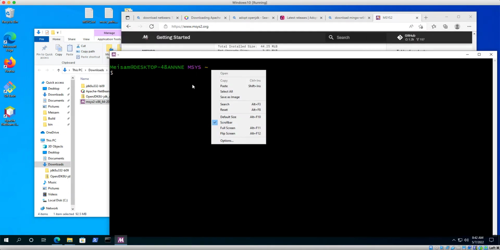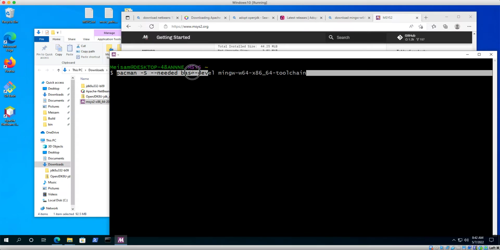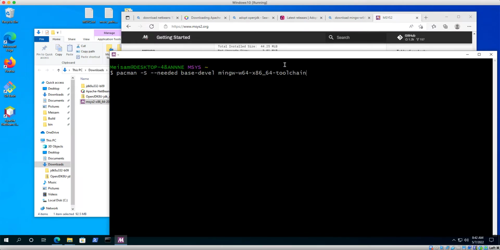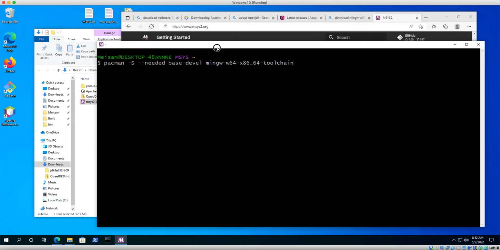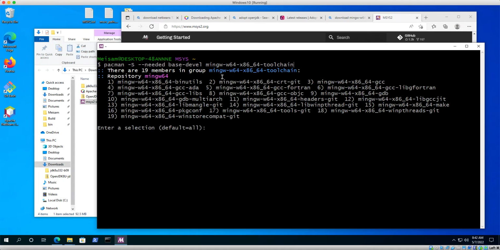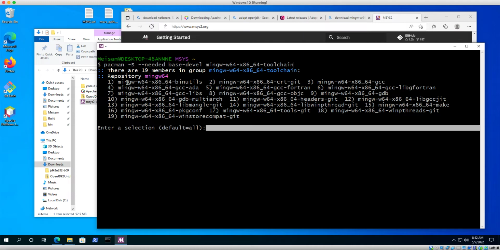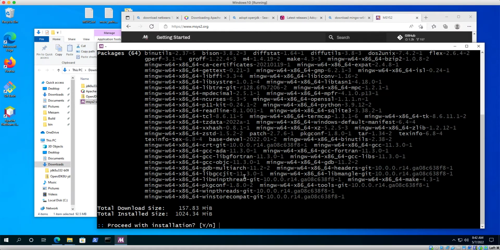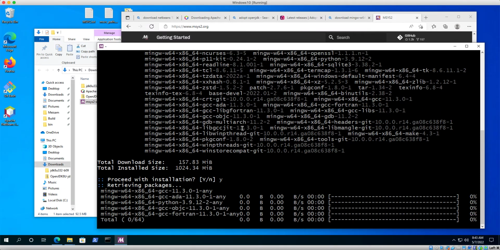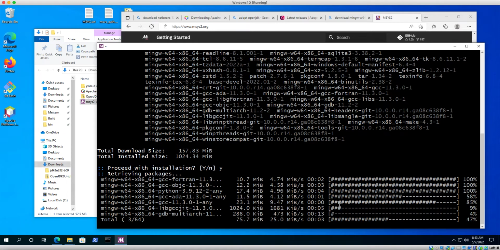All right, so what we're going to do, we're going to use this command to install the MinGW. Hit enter. It's going to download the necessary files and puts them in the MSYS directory on your C drive. Let's see what happens here. So repository MinGW, and it's going to ask enter a selection. Default is all. Libs, let's go with all. Hit enter and it says you want to install all of these MinGW related files. We're going to say Y, yes, and it's going to download for us all these, and it might take some